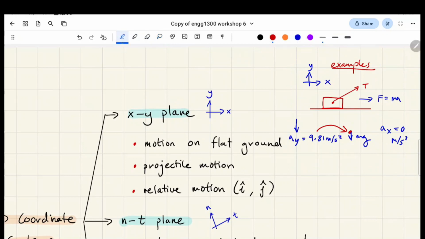Okay. So relative motion. Usually we use the i and j unit vectors that we were talking about earlier in the course for relative motion. So I'll give you an example. If we have a plane or something, we're looking at this from top down, or plan view, right? We have two planes like this, right? We can break up their